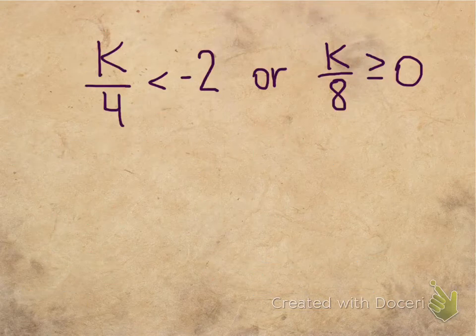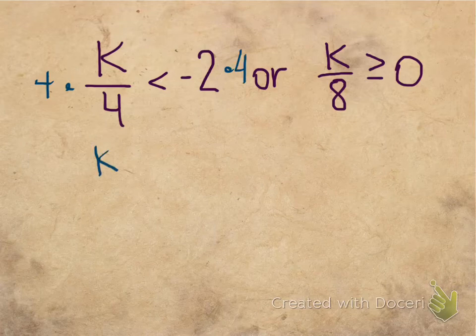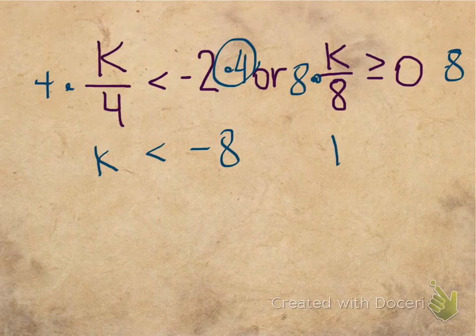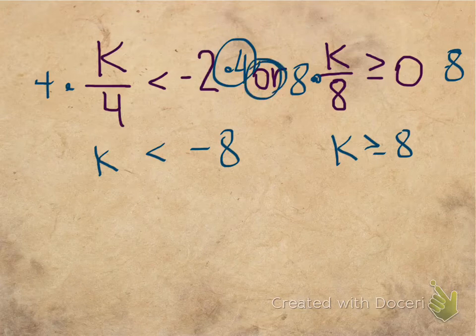Okay, the next one, this is an OR inequality, so I'm going to go ahead and multiply by 4 on both sides. I'm going to have k is less than negative 8. I don't have to flip my inequality because the number that I multiplied by is positive. And then on this side, I'm going to multiply by 8, and I'll have k is greater than or equal to 8. So because it's an OR inequality, I'm pretty sure I'm going to graph one arrow to the right